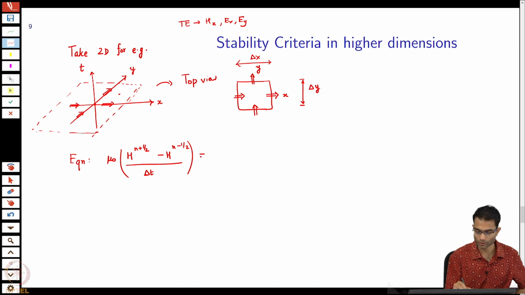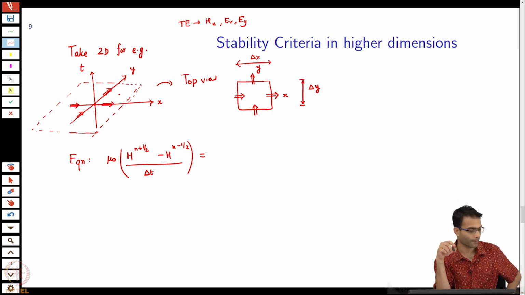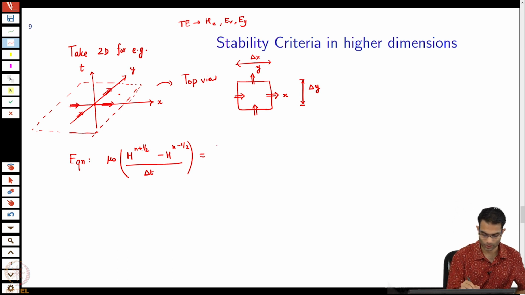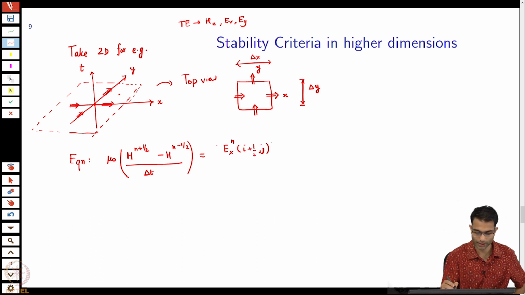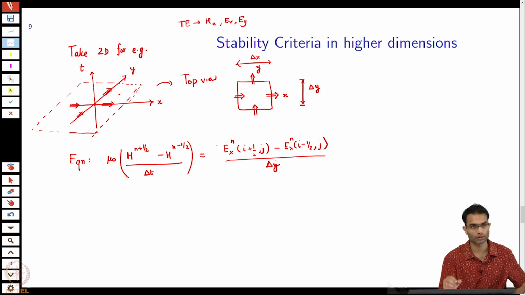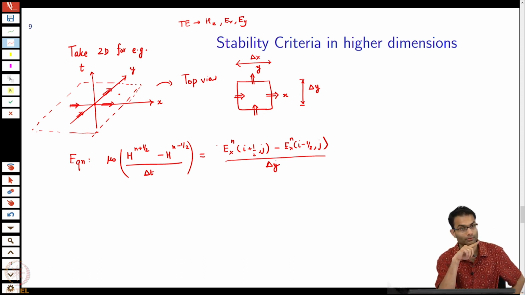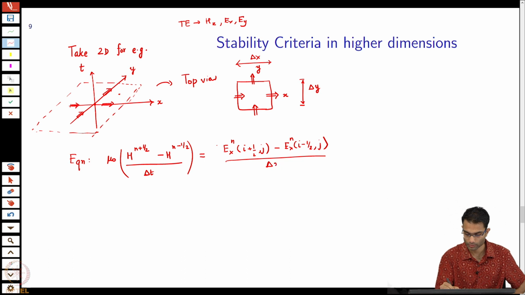Okay, and that is going to be equal to negative curl of E. So let's again write this down, Ex at n, I plus half j minus Ex n I minus half j. What should I divide this by? Delta y or delta x? Delta x. This is the first term, and the second term is,